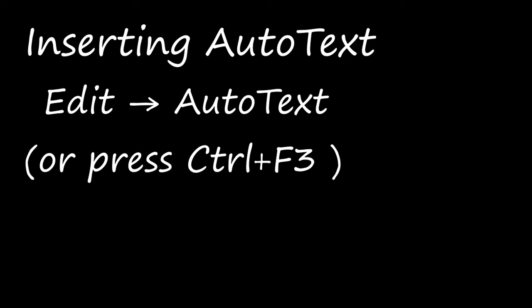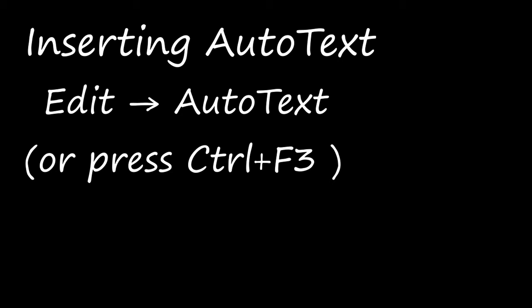To assign auto text, we have some shortcuts also. You have to type the text into your document, and then select the text so that it is highlighted, and then go to the edit menu and click auto text, right? Or with the keyboard shortcut, you can press the Control key and the F3 key. Then you can enter a name for the shortcut, or for Tamil Nadu you can just type TN there. That will be the shortcut for that particular word. For any word, you can give any shortcut as we wish, right?